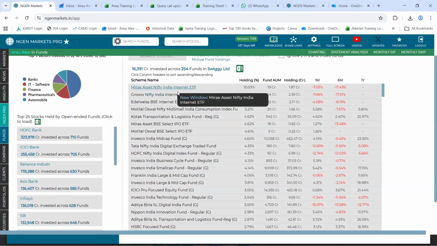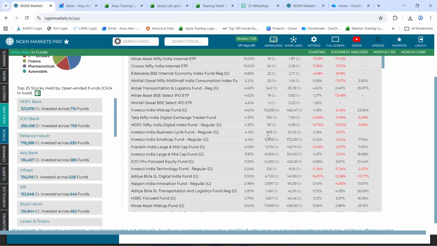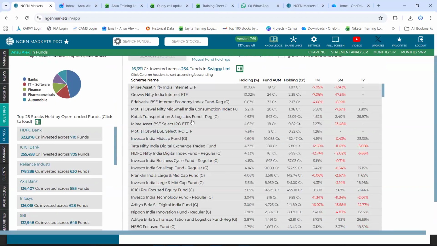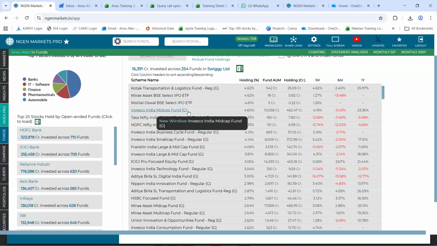Now, next to the name of the fund, there are 6 columns that you can come across. The first column is mentioned as holding percentage. For example, let's say I talk about maybe this Invesco Midcap Fund. In Invesco Midcap Fund, Swiggy is held to an extent of 4.6%.